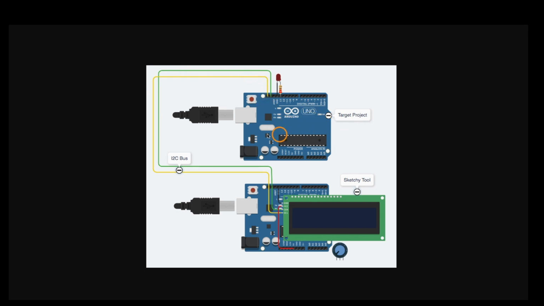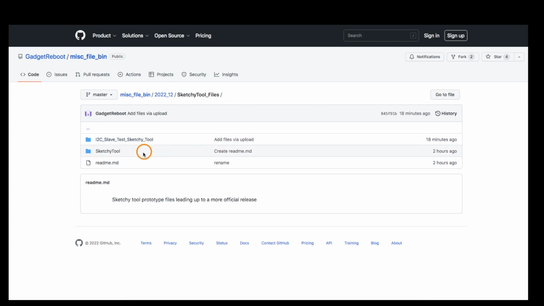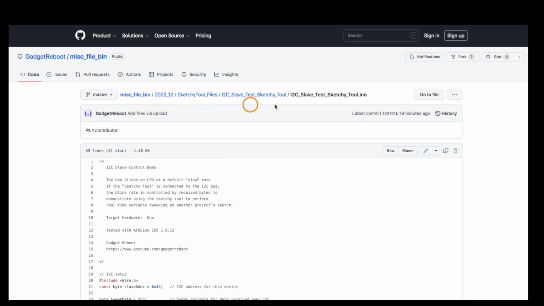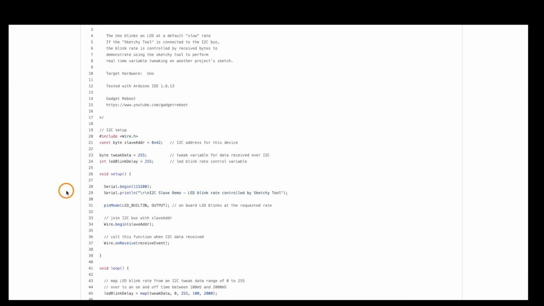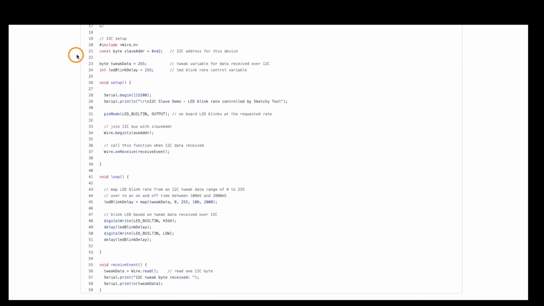So looking at the sketch for this blink example with the Uno, just to keep things easy, I put these work-in-progress sketches over on GitHub. So here's the code that would go in that Uno, and really all it's doing, I set it up as an I²C slave with a certain address, and I have this byte called tweak data, which is going to be